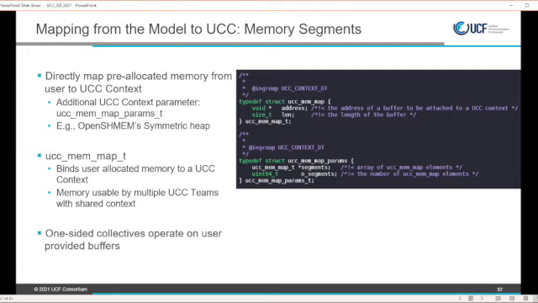They would be defined within UCC mem maps, which are just a base address and the length of those memory segments. When the user passes this in, these segments can then be bound to a UCC context, which would allow that memory to be used by multiple UCC teams, assuming it's a shared UCC context. The idea is that these one-sided collectives would operate on these user-provided buffers for best performance.